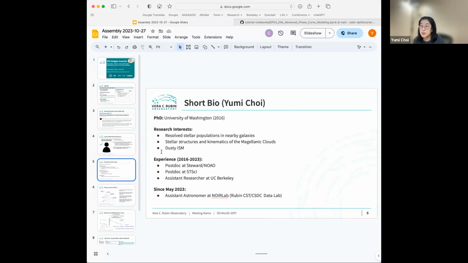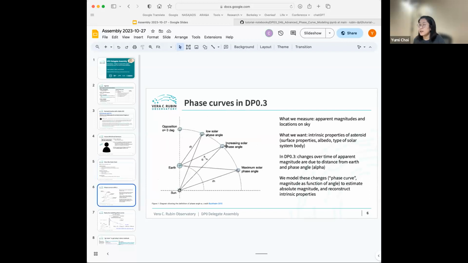And also, I'm interested in dusty ISM, particularly the interactions with the massive stars. And after my PhD, I did 2 postdocs at Steward and NOAO and the Space Telescope. And before I joined NOIRLab last May, I was an assistant researcher at UC Berkeley. And at NOIRLab, I work in the Rubin CST and also the NOIRLab CSDC Data Lab team. Okay, I think that's it.